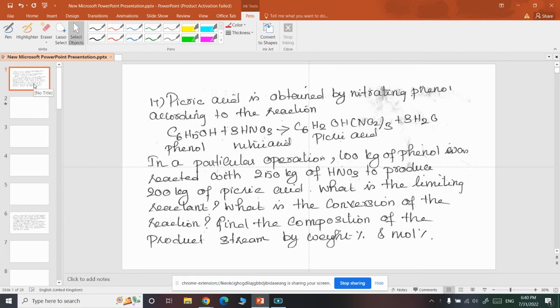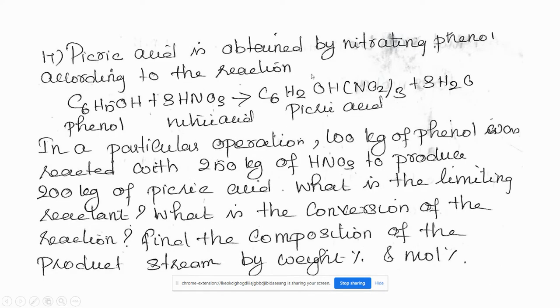Good morning, everyone. So, today we will be dealing with the problems related to neutralization and nitration. First, we will start with the problems related to nitration. So, the first problem that we are going to see today, please note down the problem. Picric acid is obtained by nitrating phenol according to the reaction